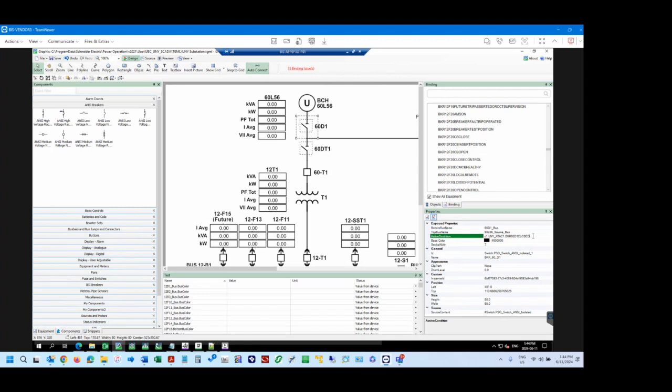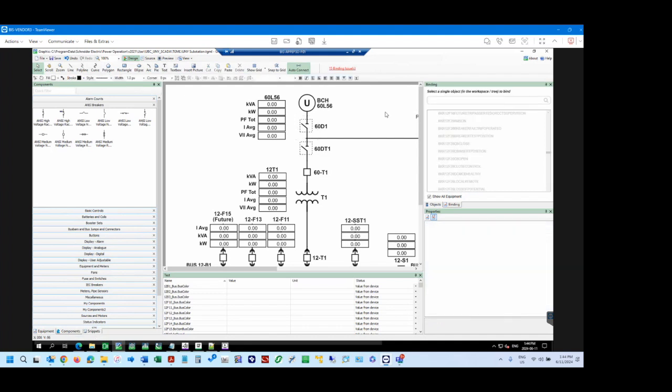So is this how you make the bus change color? Mm-hmm. Yes. There's a back-end engine called the single line or the real-time engine. Let me go to